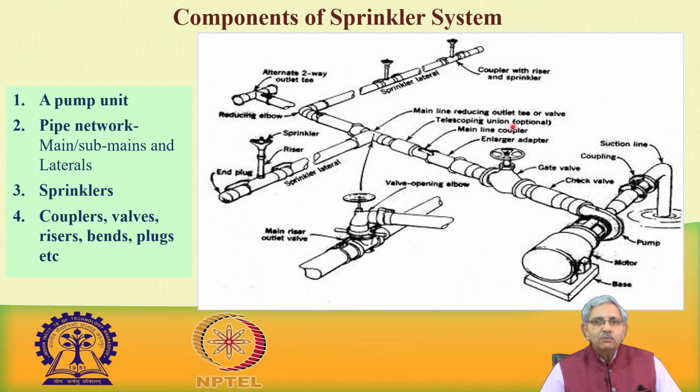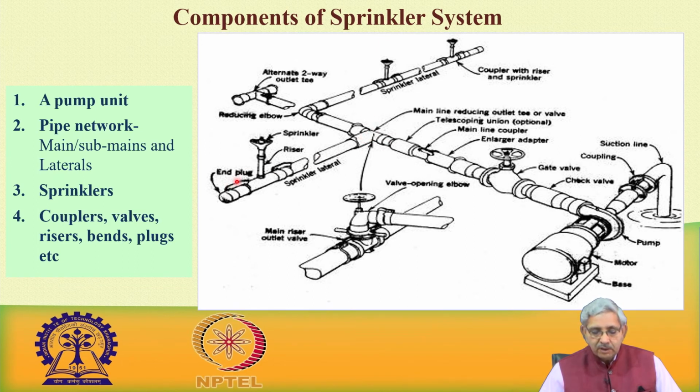Then further it is controlled by a gate valve, and then there is an enlarger when we want to extend the line. So, there is a coupling where we can enlarge. From the delivery end of the pump, the pipeline is extended, and then it comes to another component, which is a telescopic union. So, this is the main pipeline, and when we want to divert water in this direction, there is a T connection. This T is further connected with a lateral pipeline.